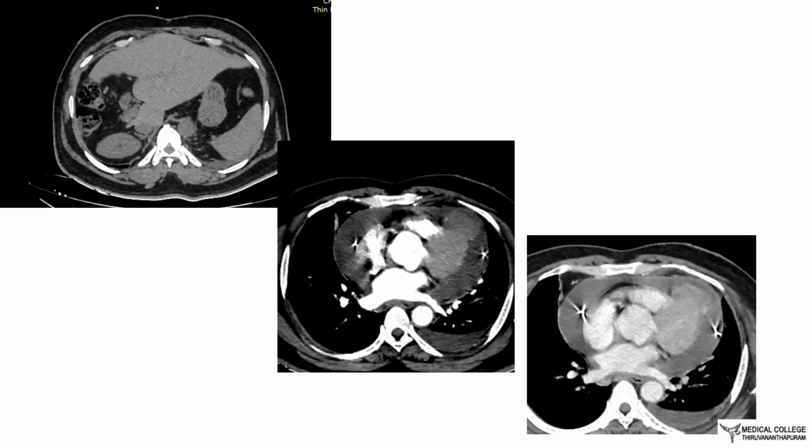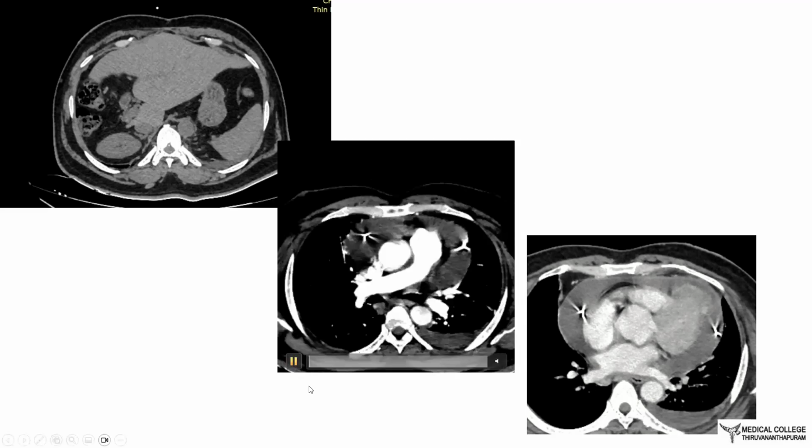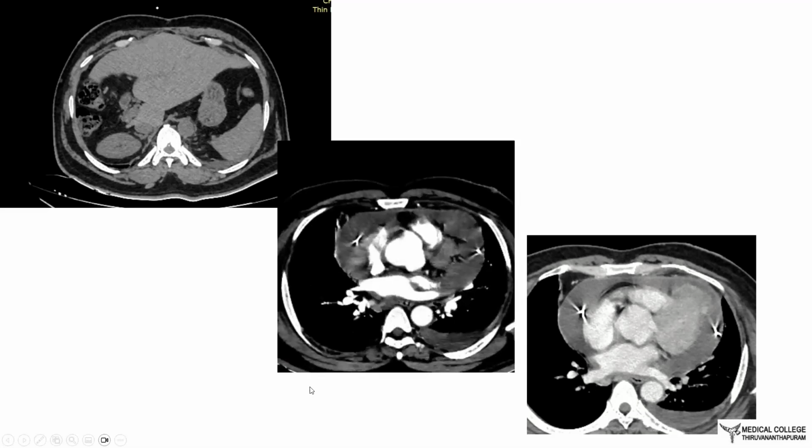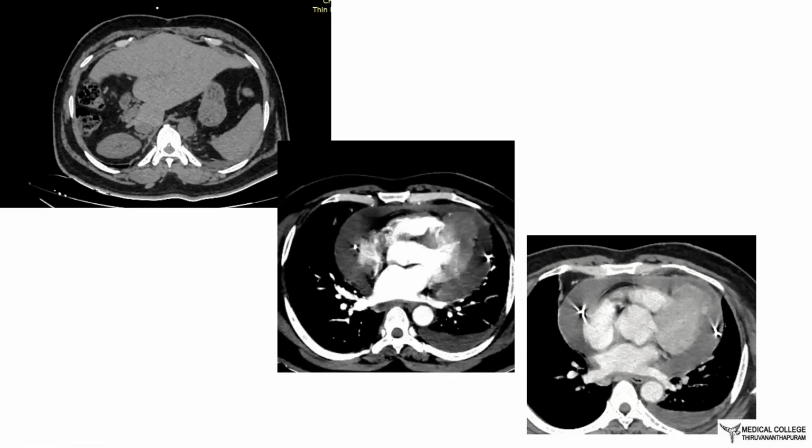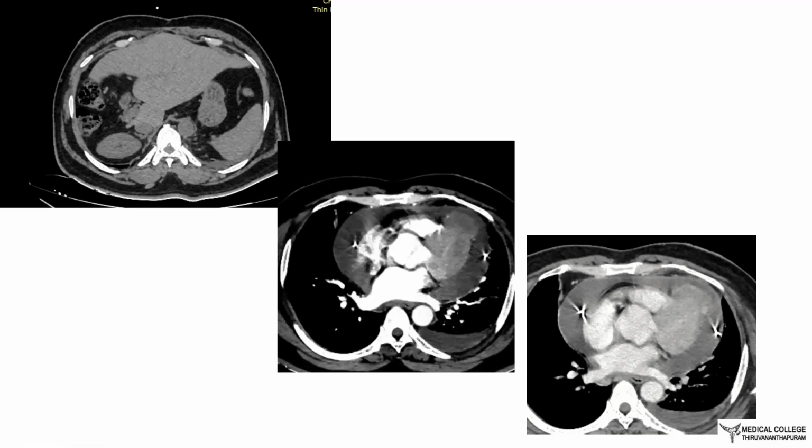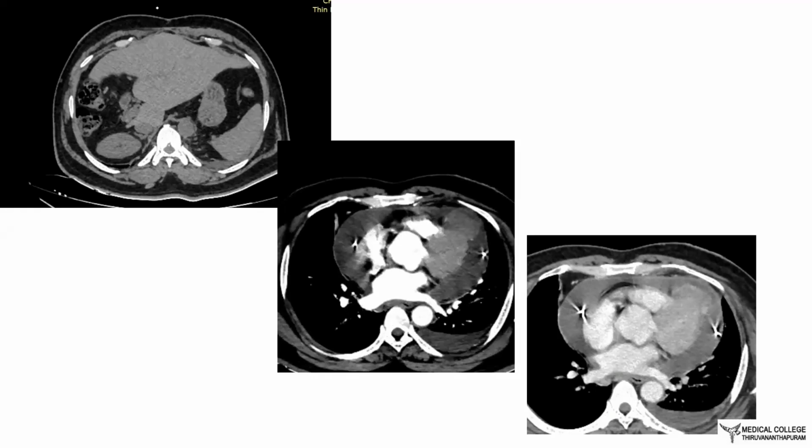IHC was done, and it was very difficult for us to believe. Even the surgical gastro team had a second opinion with slide review, which also confirmed it to be melanoma. PET was also done, which showed no other areas of uptake. So the diagnosis was of a primary hepatic melanoma, which is very rare. Because the patient did not have any lesions anywhere in the body, the patient was kept on follow-up,